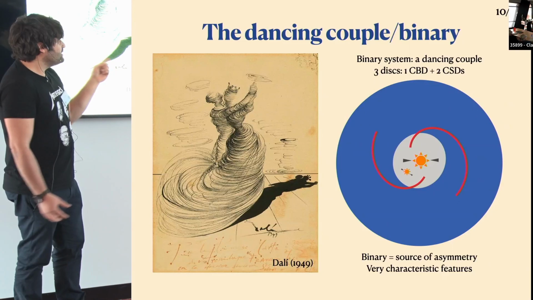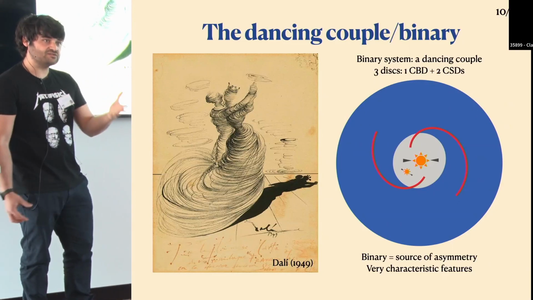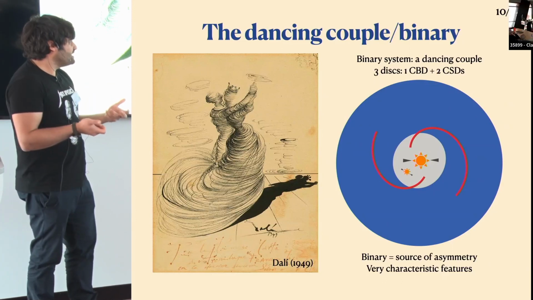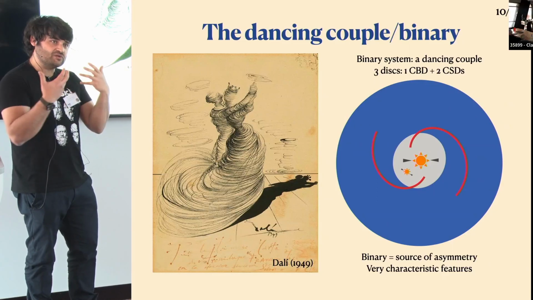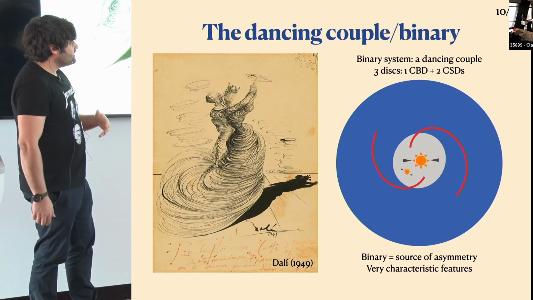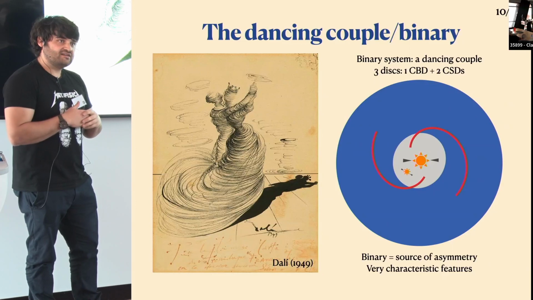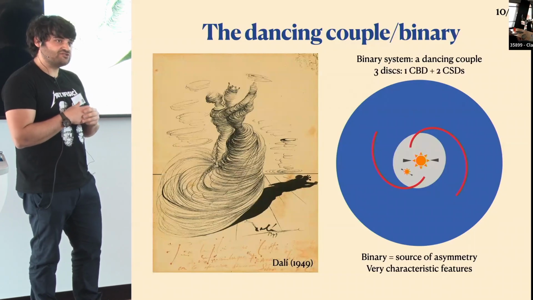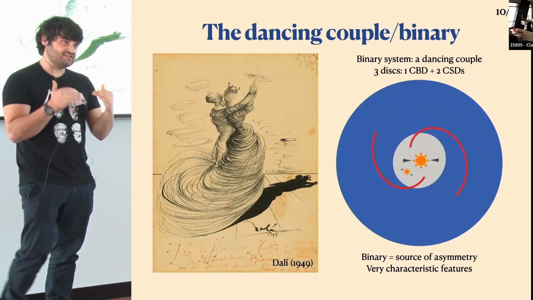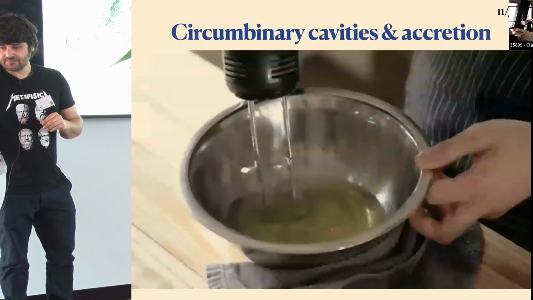And here is where SPH is very robust to model this kind of problem, because as Daniel was saying, we do not rely on a grid, which will determine the kind of systems that we can model. SPH is totally free of these kind of boundary conditions. And it's very good because we can deal with non-coplanar geometries and accretion and do many things that are very hard to do with grids. So that's why I think that SPH has allowed us to work on these systems very efficiently.